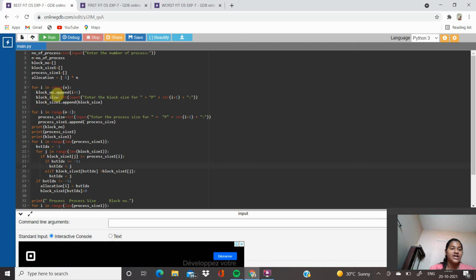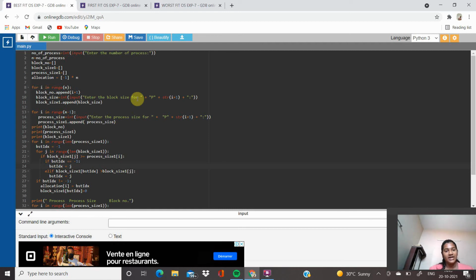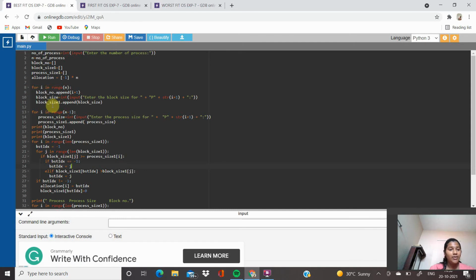For i in range n, block number append i plus 1, block size equals int input, enter the block size for P plus string i plus 1 plus a colon, block size 1 append block size.